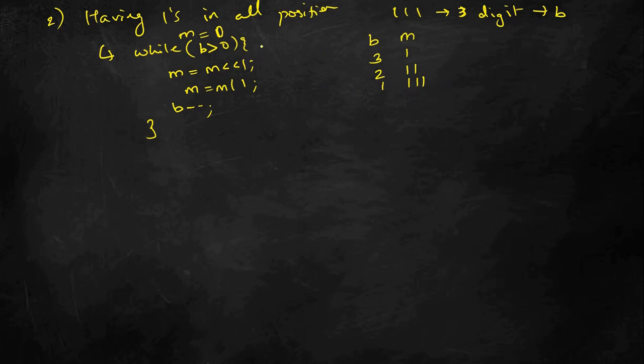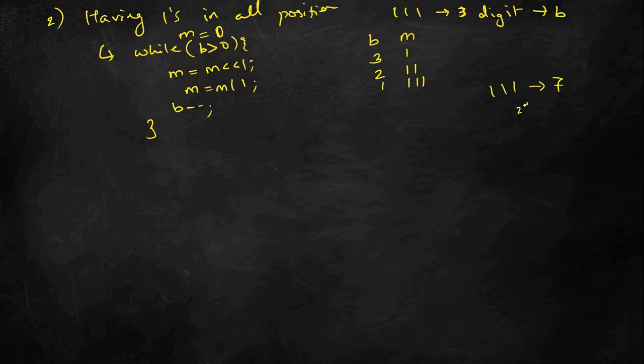Okay. So again the complexity of this will be O of b. So the total complexity of the algorithm will be O of b plus b, which is 2b, which is the same as O of b. Okay. So this is one way. The second way is, if you see this 1 1 1, what is this 1 1 1? The decimal value of this is 7, right.